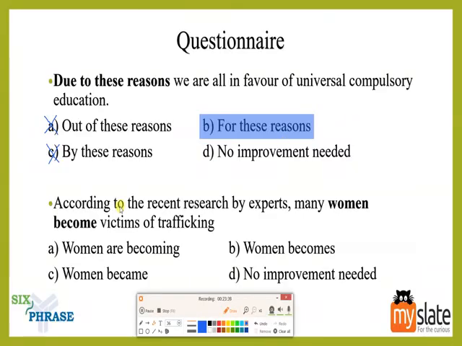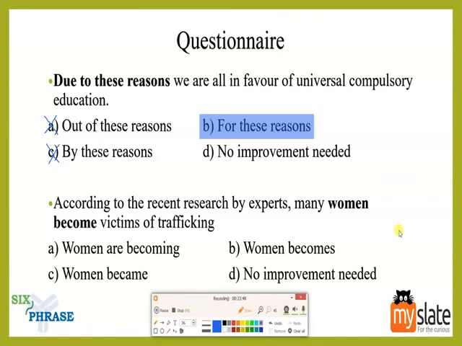Okay, next question. According to the recent research by experts, many women become victims of trafficking. So what are they saying here actually? Some experts have done research, that is recent research. So by recent research we are able to ascertain that it is somewhere in the present, right? It is something which is happening or something which has happened, so you get it, right? It is something which is in the present, right? So